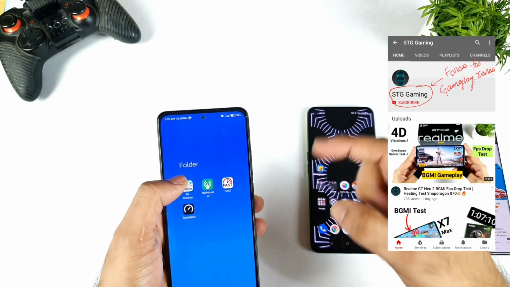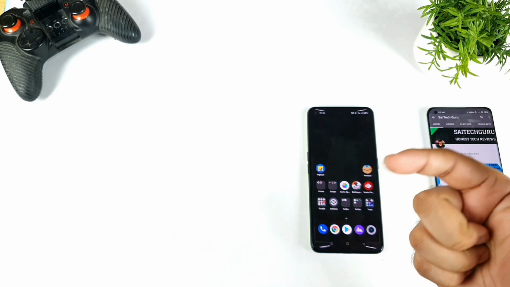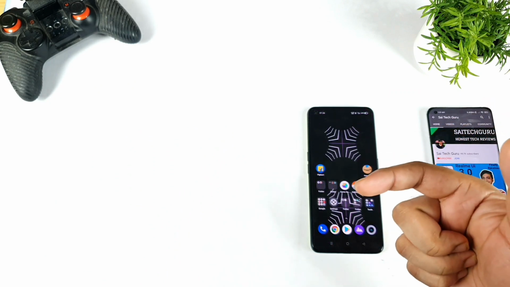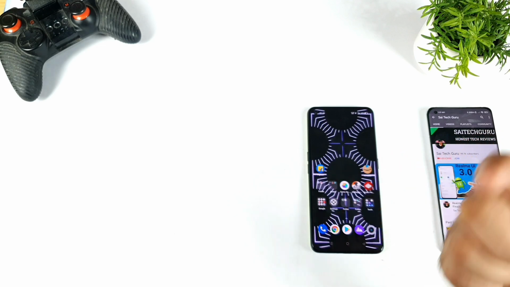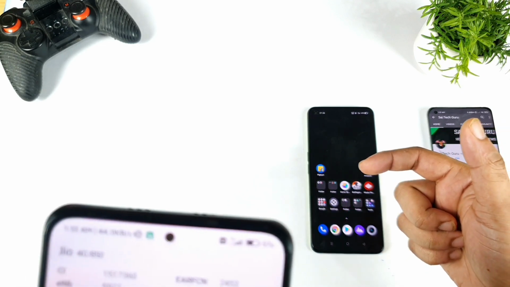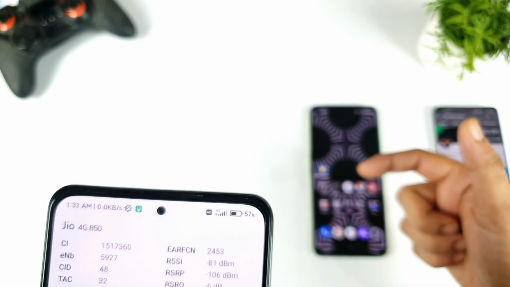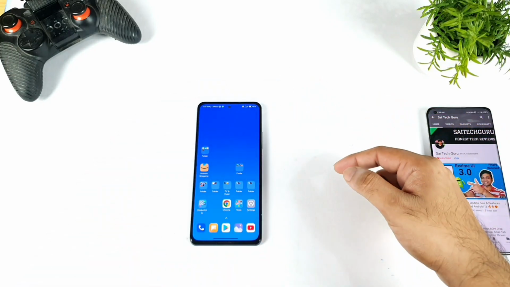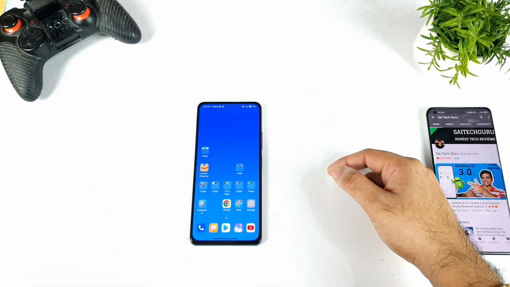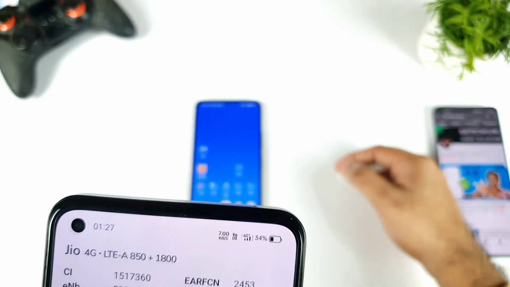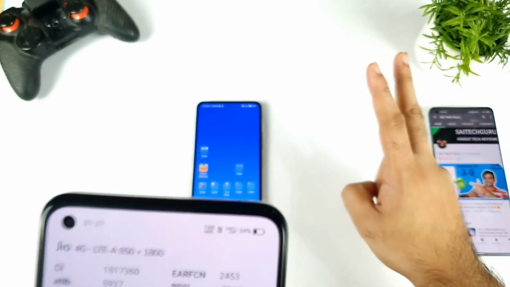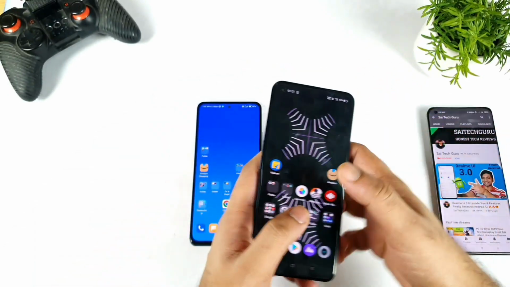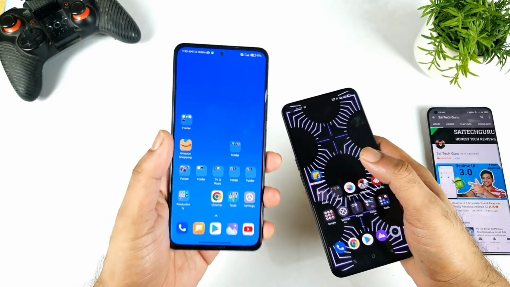Next thing is to know which kind of band frequency they are connected to. For that, there is another application which is called the Net Monster application. Even that application is really helpful to check what kind of band frequency the phones are connected to. Right now the Mi 11X is connected to the 850 band frequency. I'm not getting any kind of 4G plus. Now let me show you the bands in the Realme GT Neo 2. And let me know in the comment section below with what phones you want me to compare this kind of 4G plus data. Right now I'm getting the 850 band frequency and 850 plus 1800, 2CC I'm getting. So I'm getting 2CC in this phone and only one 850 band in the Mi 11X device.